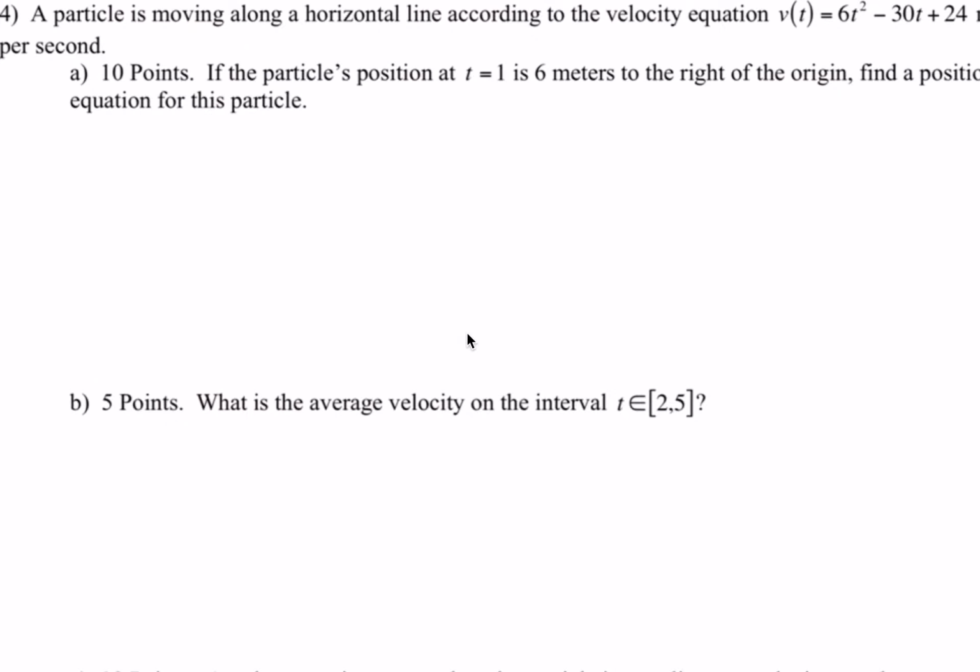Number 4, a particle is moving along a horizontal line according to the velocity equation, and that's in meters per second. Part A, if the particle's position at t equals 1 is 6 meters to the right of the origin, find a position equation for this particle. So we remember that velocity is the derivative of position, and we list position as our s function. So what we need to think of is an antiderivative for